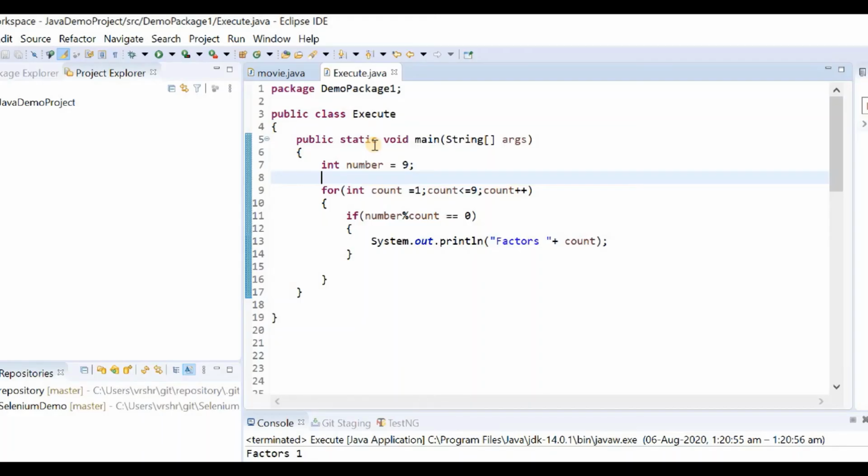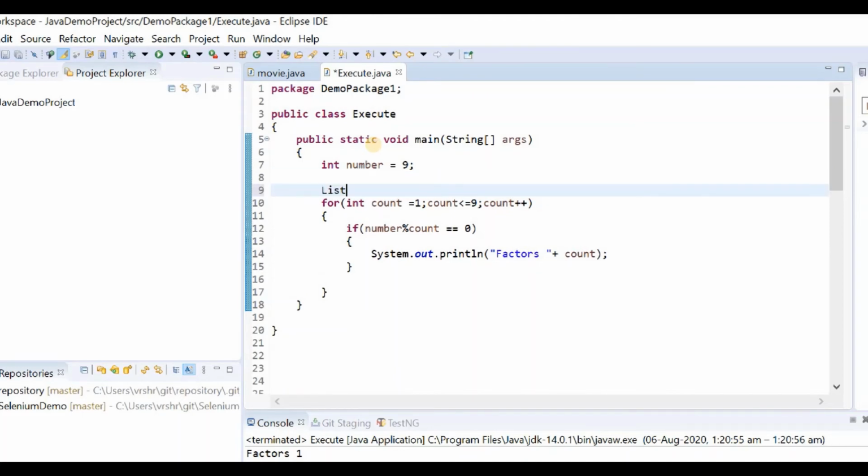Right now I'm going to create a list of integers to store the factors. Let us name it list of factors. Now this list is a parent and we are going to create an object of the child class, ArrayList.